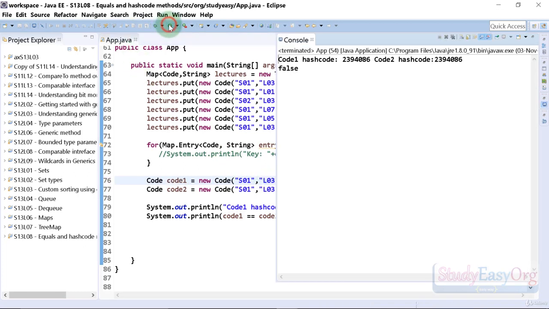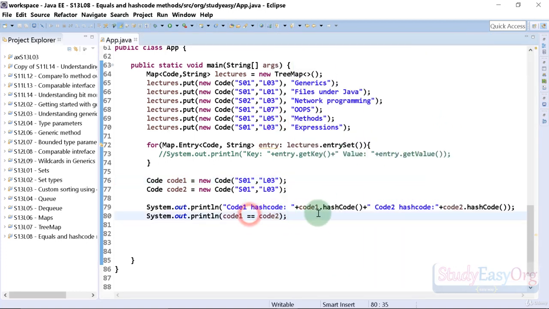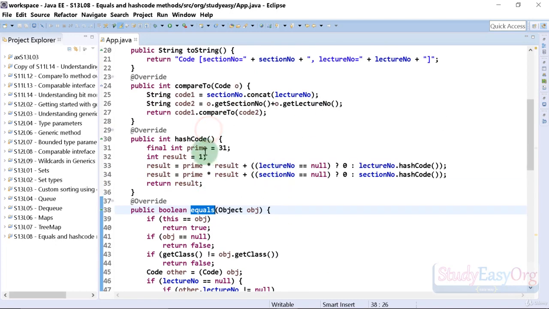Let me execute this program, and again, even though the hash codes are the same, the output of the equal to operator is false, which is not good, right? So don't trust the equal to operator when it comes to comparing custom objects, and always override the equals method and hashcode